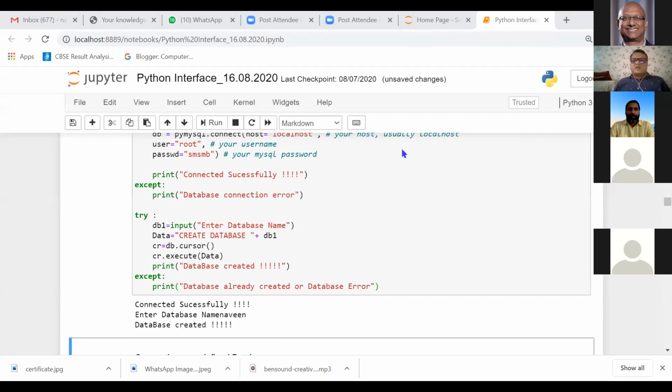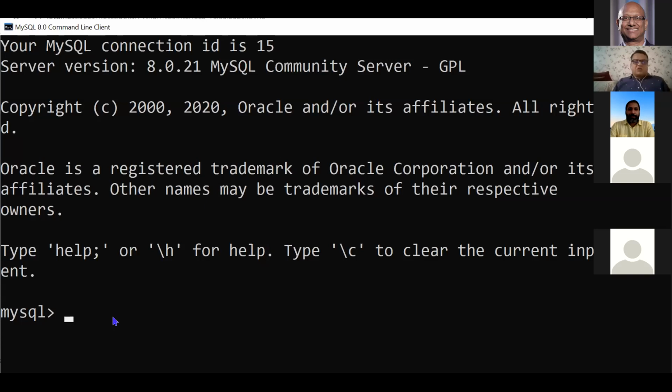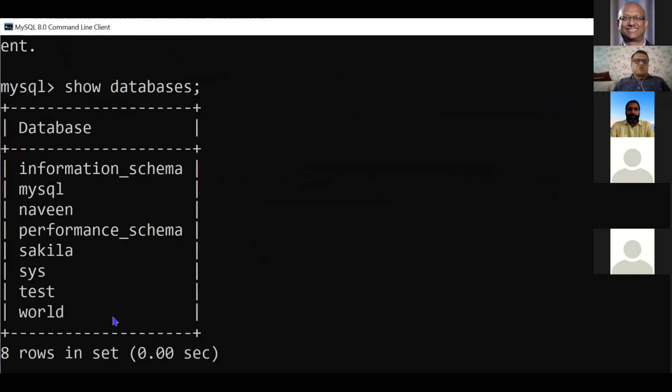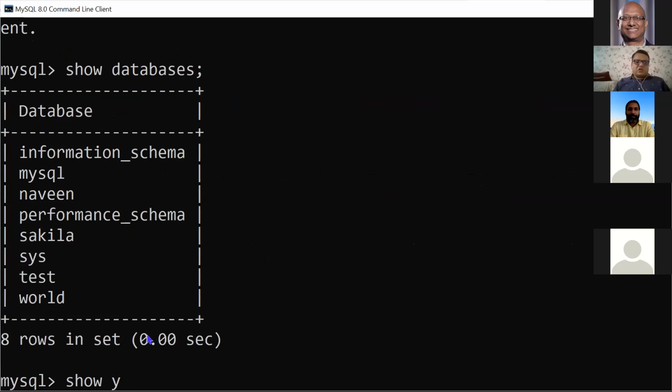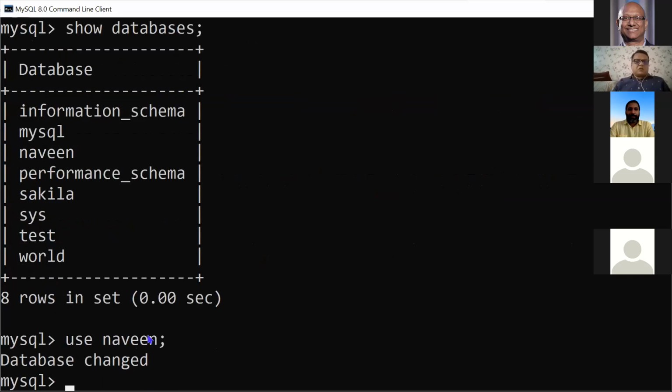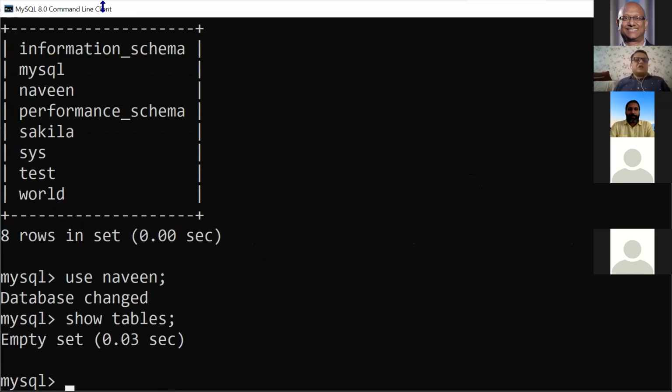So this is my MySQL screen. I can write here show databases. So my database named Naveen is there, but it does not have any tables. If I write show tables, there is no table. I will open this, use Naveen, and write show tables. There is no table because I've just created it.